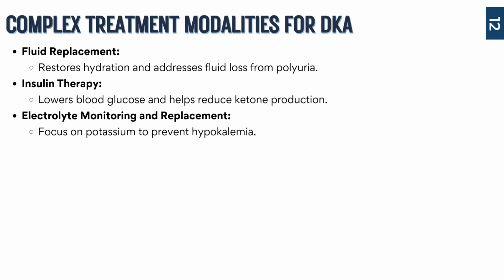The first step is fluid replacement. I know you're thinking, but they have high blood glucose and acidosis. Don't we want to fix those? Yes, we do, but we need to get fluids on these patients first, okay? Most patients with DKA are severely dehydrated. We've already been over this, due to that polyuria, where the body loses significant amounts of water as it tries to clear the excess glucose.